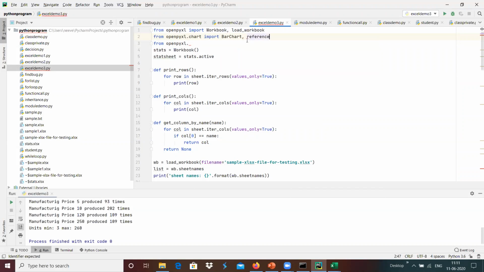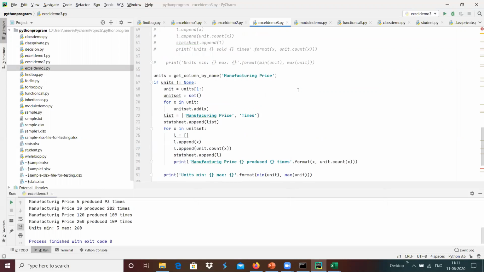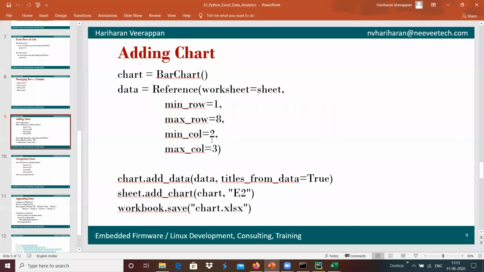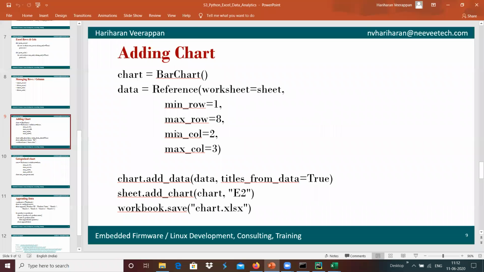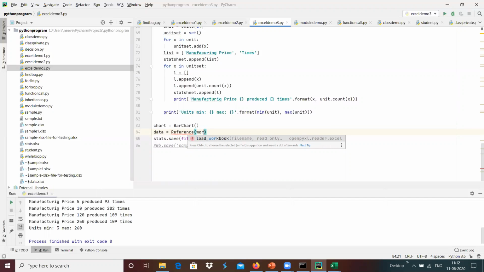I'm going to import the Reference over here. And once we did, maybe we have that option, something like a Reference of, unresolved reference over here.